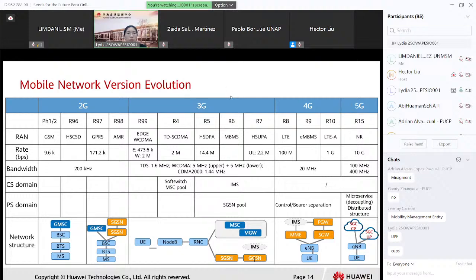Okay, this is for the version evolution from phase 1, 2 to R15. Here, we just wrote R15, but we know we already proposed R18, right? Now it is up to R18. But for 5G, we have three phases: R15, R16, R17. For R15,